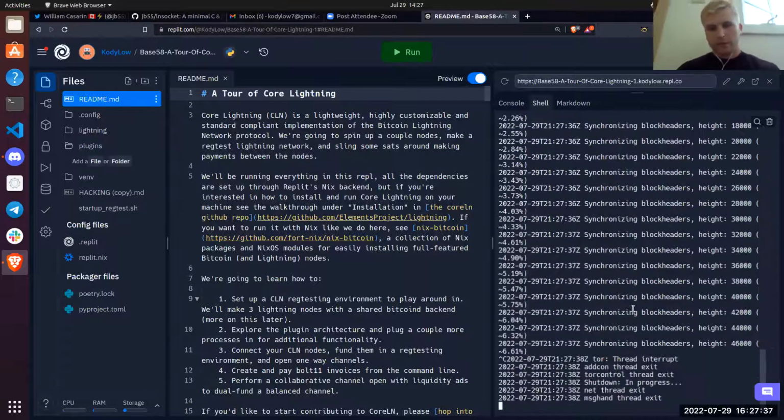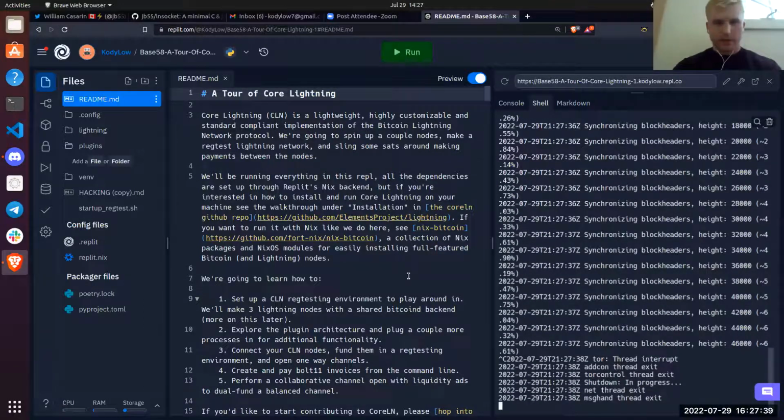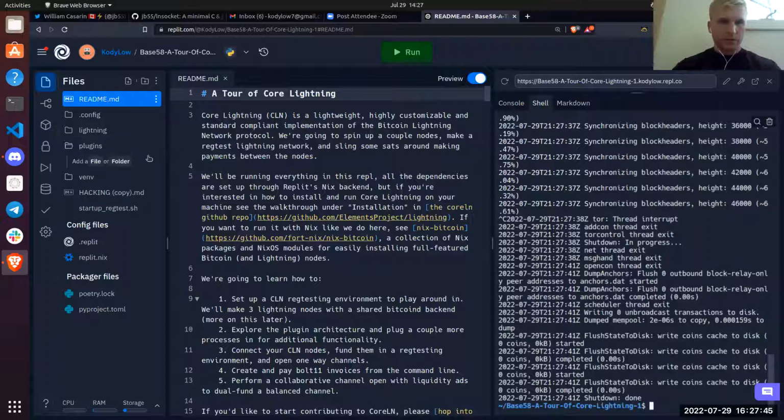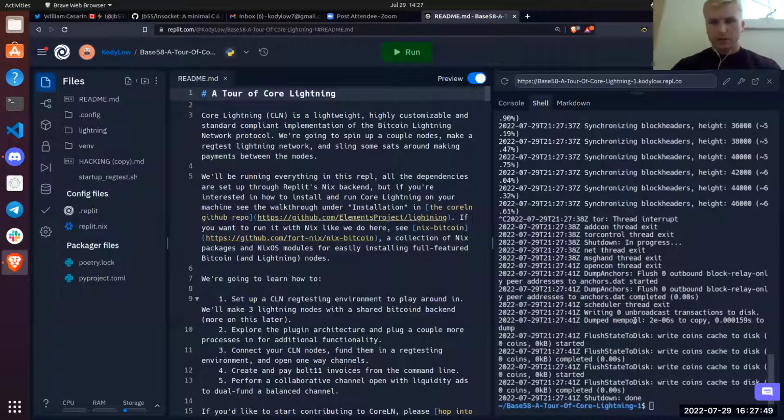And so I'm going to stop that because I don't want that right now. What I do want is plugins, which are not here, so I'll delete this and then clone down plugins in the shell, git clone